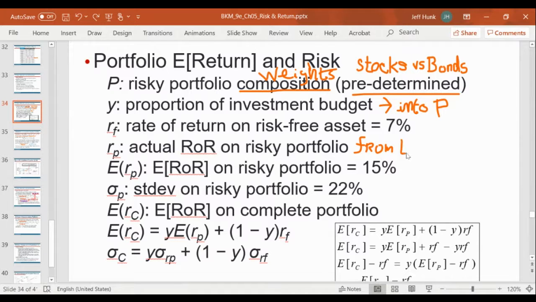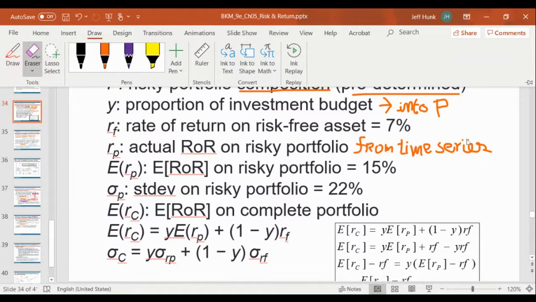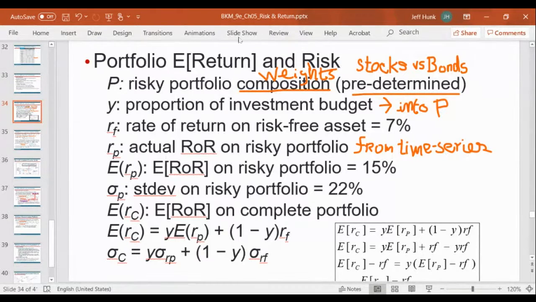And the expected return on the portfolio is